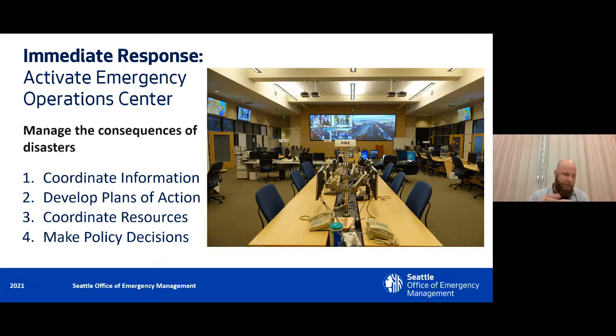So just one of the ways we start to stabilize the incident and give ourselves the ability to move beyond that immediate response phase is to establish this coordination across the city, but also with other levels of government. We really serve as that central point of coordination. By coordinating out of one central location and using a unified process, we can start to understand what the impacts are out there, where is the most need, and then make some centralized decisions about where we need to put resources so we can start solving those problems that exist out there.